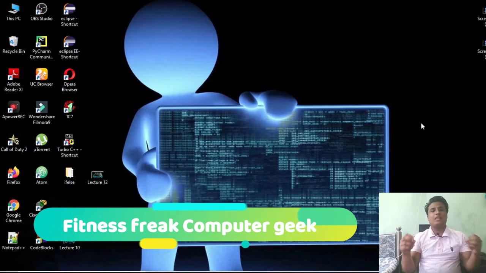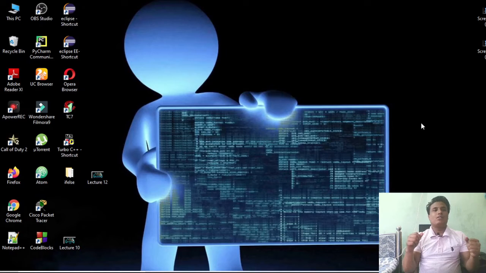In the last lecture I showed you what switch statements are, where I discussed the syntax of switch and how switch can be used in place of if else statements. Before that lecture I also gave you some examples of if else statements, where I showed you some code. We were making our calculator. We saw that the if else statement was giving us some ambiguous values, values we were not expecting. Our logic was fine, everything was fine, but the code wasn't working properly. So in this lecture I will show you how to use switch case statements to work on that problem. Without wasting any time, let's begin.